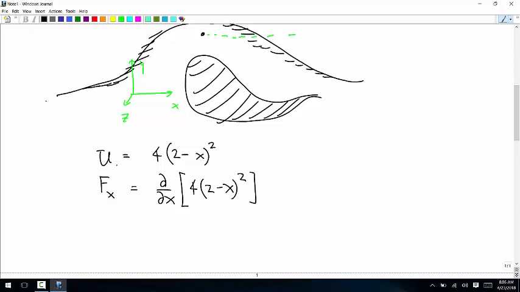Okay. Well, it's only a function of x, so this is just the same as the derivative. Just like if you're on a hill and you can only go one direction, then